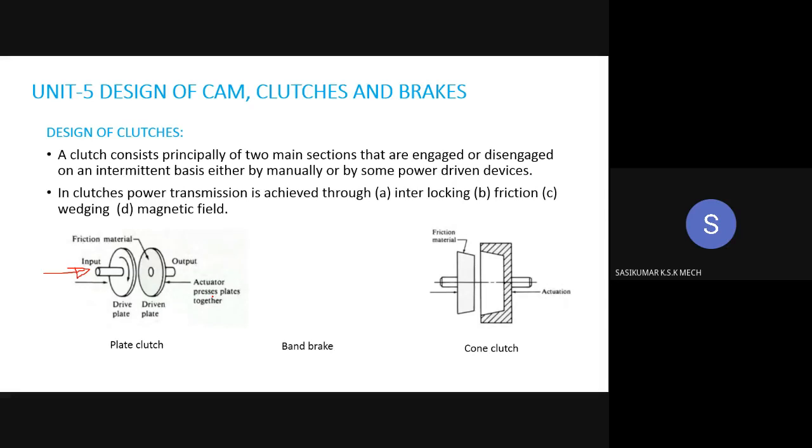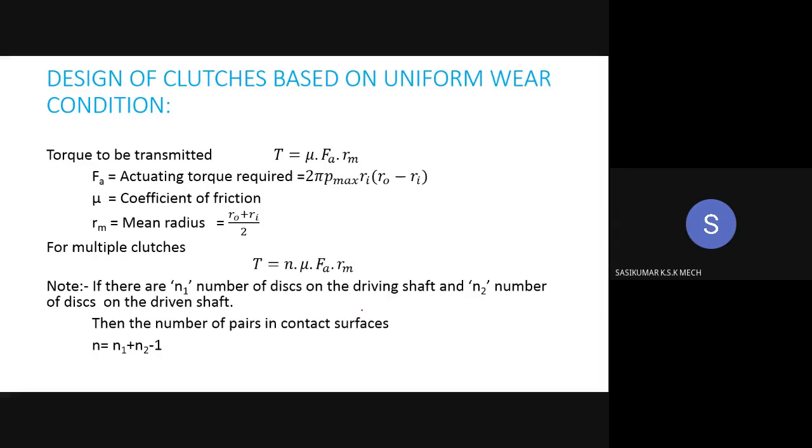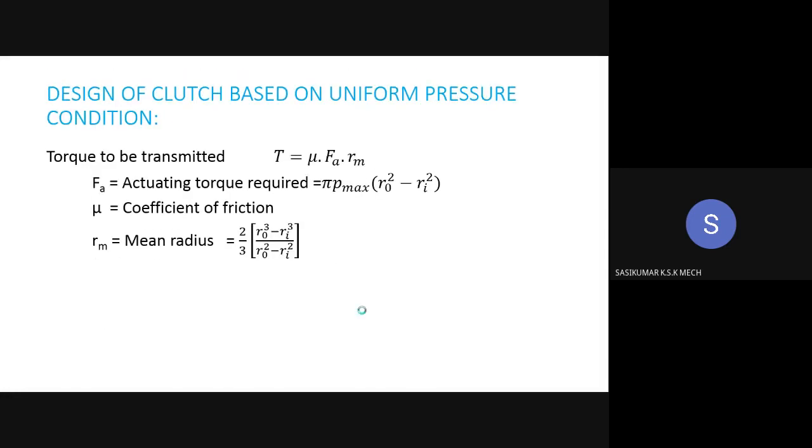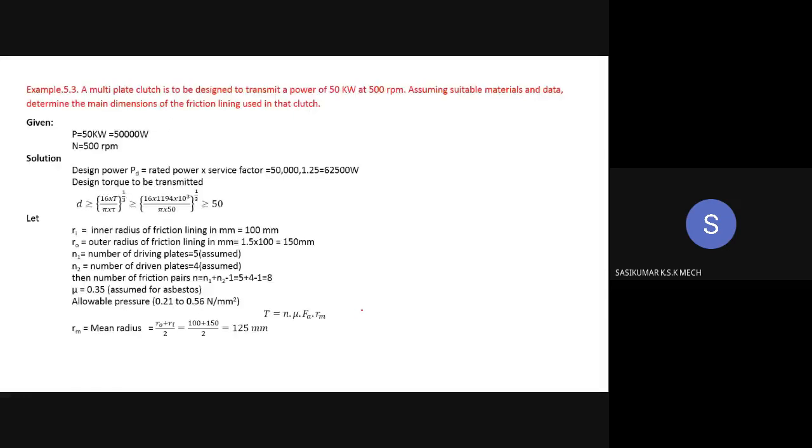friction surfaces, whereas in the case of cone clutch, it is not perpendicular. This is the perpendicular. So the surfaces are at some inclined angle. The purpose of this inclination is to have the minimum effort by the operator. So that is what these cone clutches will offer as an advantage. These are all we have already seen. The problems are also we saw.